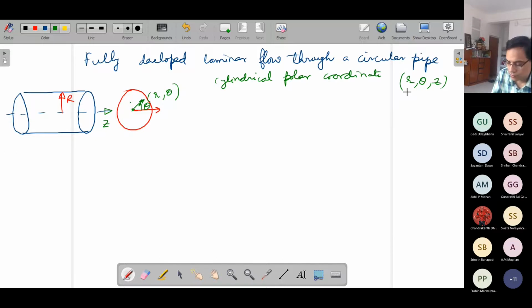So the way in which we will proceed is the following: the same equations, the continuity and the Navier-Stokes equations, we will simply write in these coordinate systems. So how to write it in these systems? Of course, you can get ready-made versions of Navier-Stokes equations in this coordinate system, but another way of looking into it is we have already discussed in the class the vector form of the Navier-Stokes equation and also the continuity equation, which doesn't depend on the coordinate system that you are adopting.